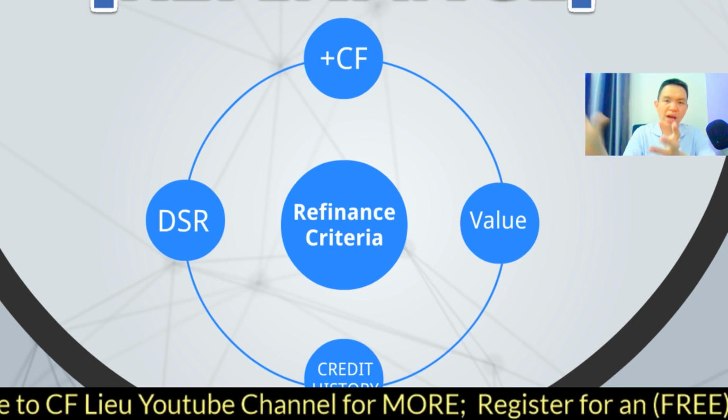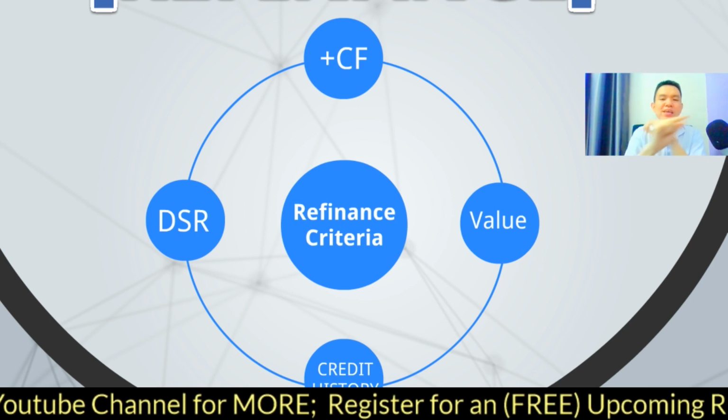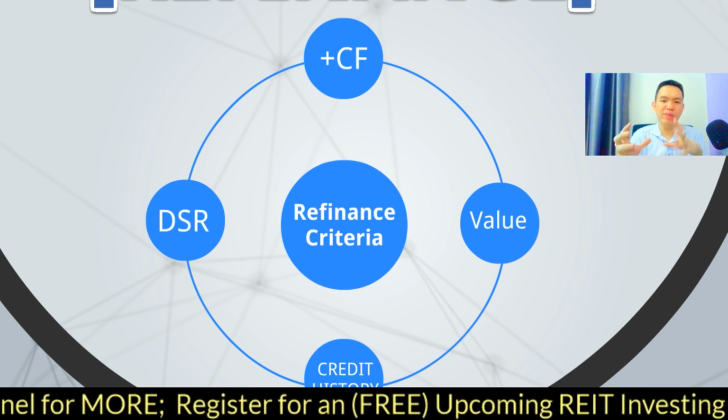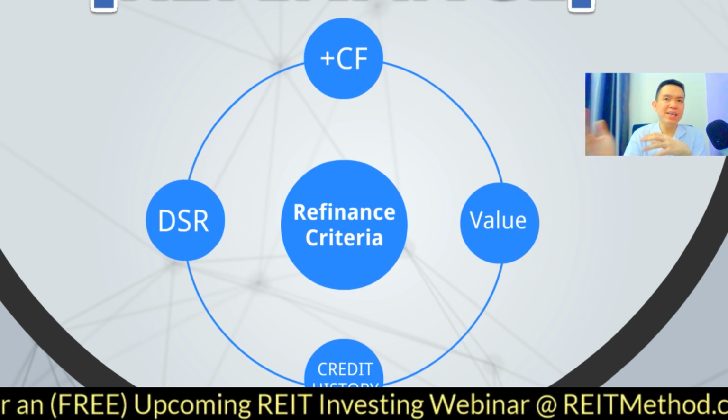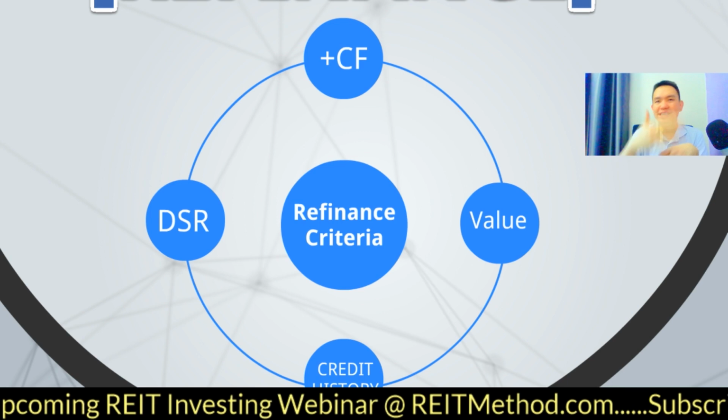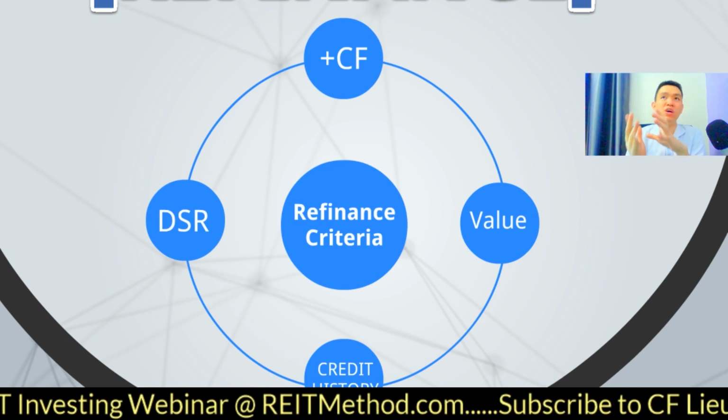You have to sum all of that and divide by your total net income, and that is your debt service ratio, right? And normally we would say that if it exceeds 60%, 70%, 80%,